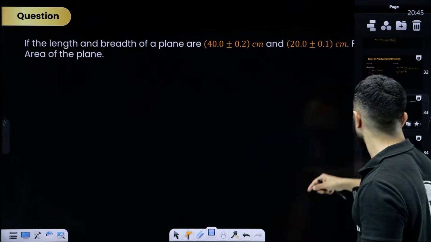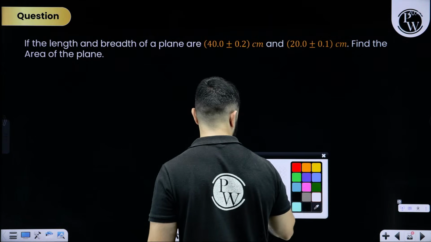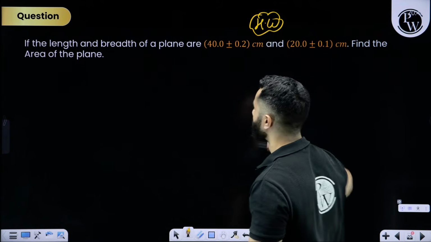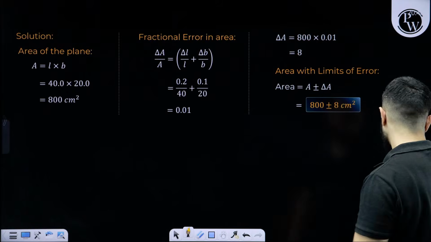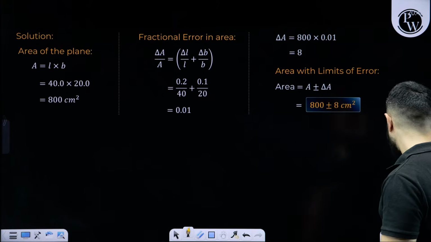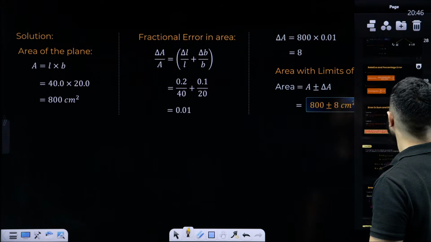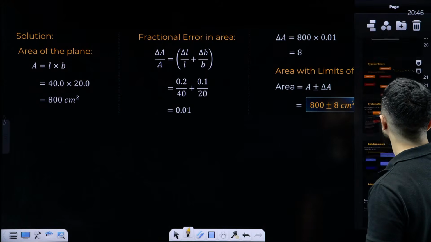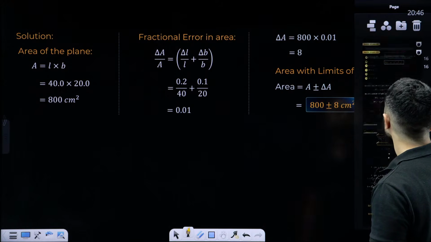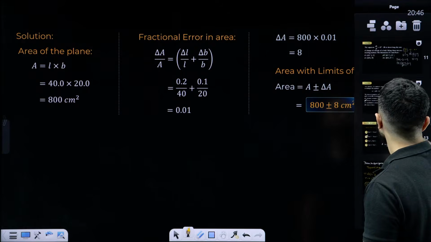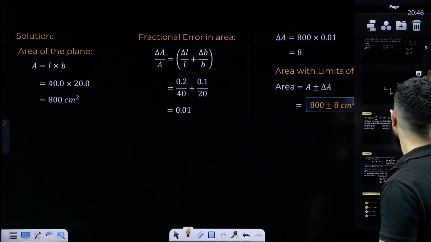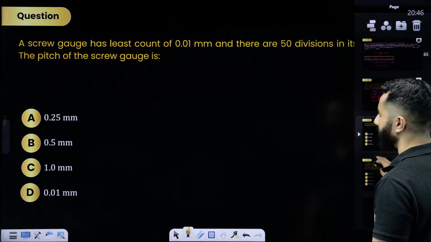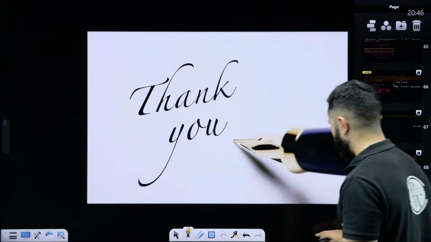Solve this question in homework if you want, right? Very easy. And I have attached an answer sheet also over here, so you can check your answers, right? We need to find out the fractional error in this. Other than this, we have almost completed everything. All right. So that will be all. Find the final answer for this, and then we are going to start